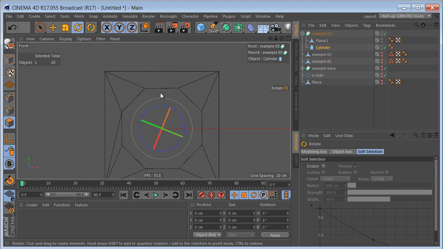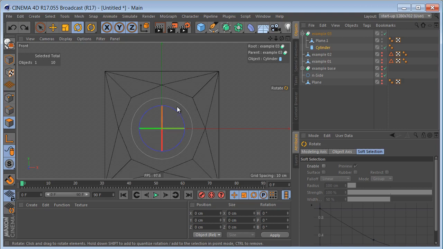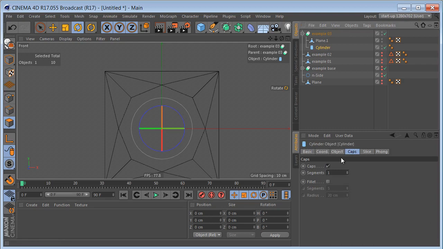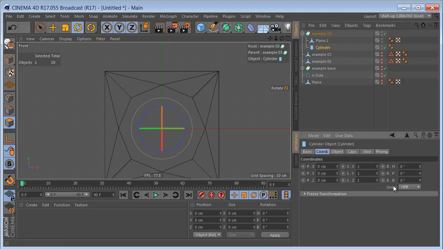And of course here I'm just eyeballing it, so I want to do this a little more accurately. So what we're going to do is select the cylinder, go to the coordinates tab down here, and there's a formula we can use